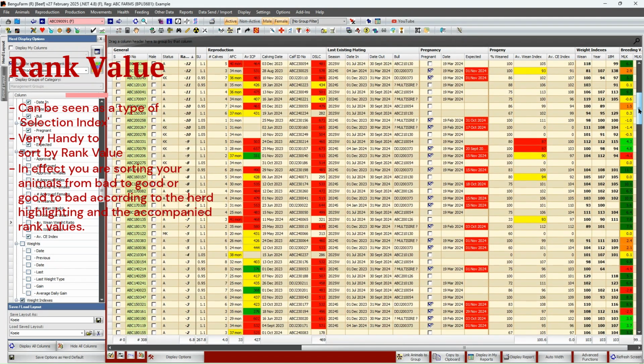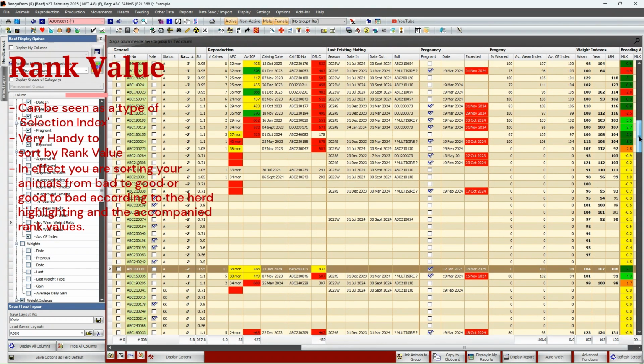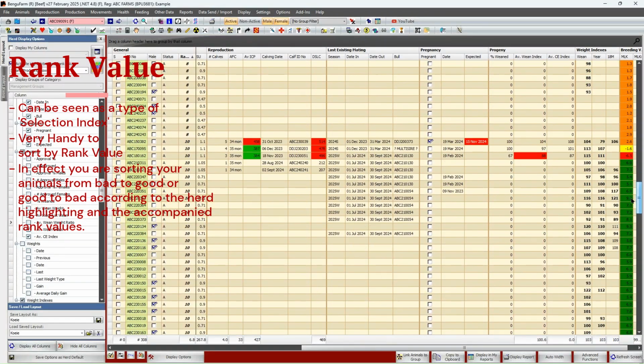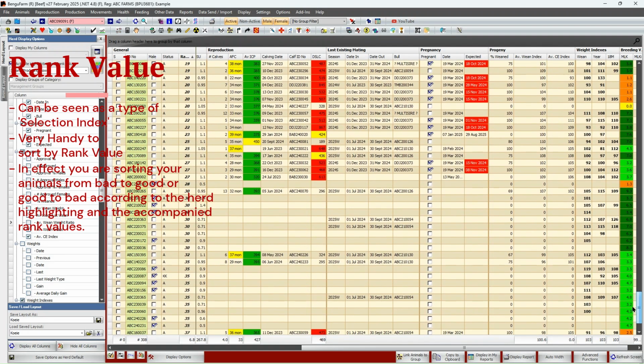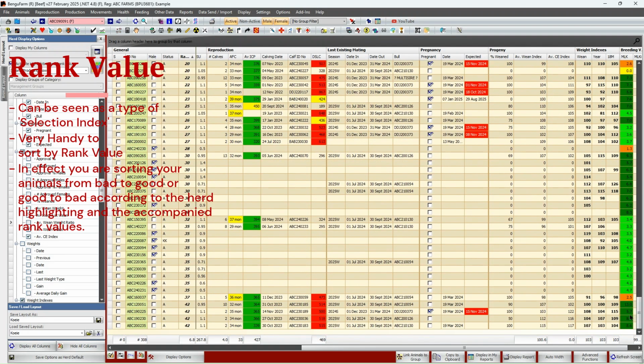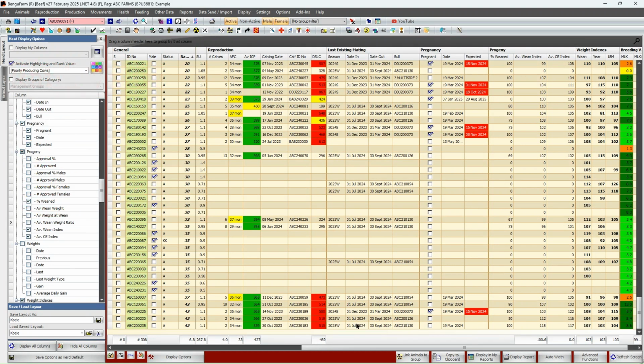As we move down, the rank values get higher as more and more green values appear, until, according to the herd highlighting that you set up, you get your best animals with the highest combination of rank values. And these are the 4 animals here at the bottom.